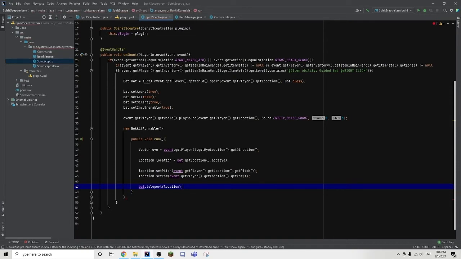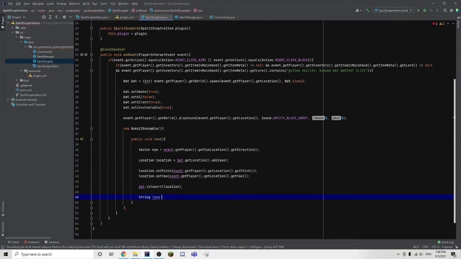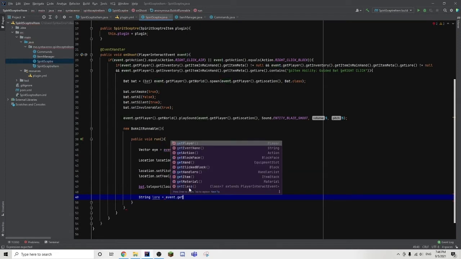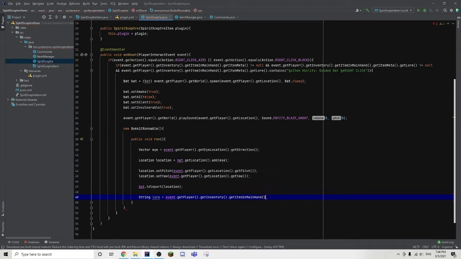Now we can move on with the damage that the bat is going to deal. And now the first thing that we're going to do is we're going to type in String lore equals event.getPlayer().getInventory().getItemInMainHand().getItemMeta().getLore() and .get(5). And the reason why we're getting the 5th element of the lore to deal the damage is because